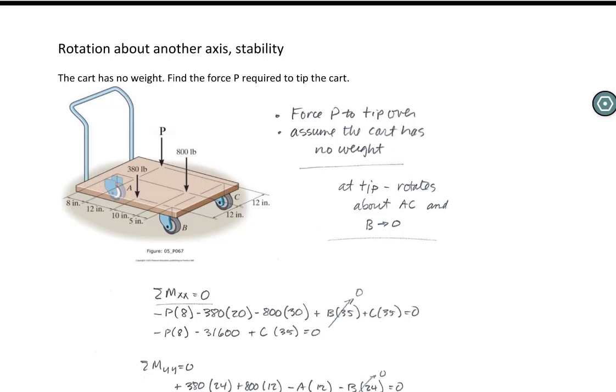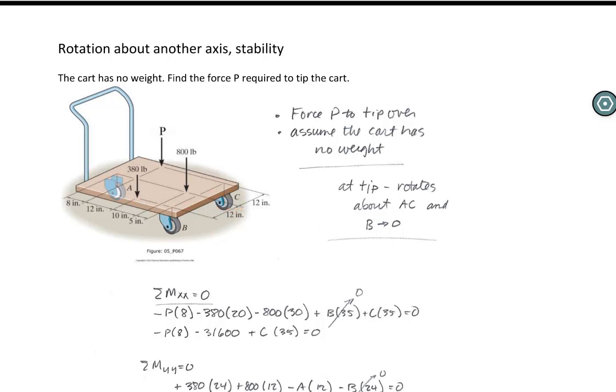Now, a couple things to recognize. Remember when we did this in 2 dimensions, we said, what happens when it tips? Well, in this case, instead of rotating about a point, it's going to rotate about an axis. So here is our point A. The view is underneath the cart, so you can't really see it directly, but you can see the little shadowy figure there. But it would rotate about the AC